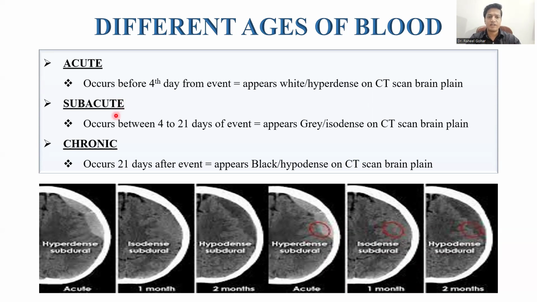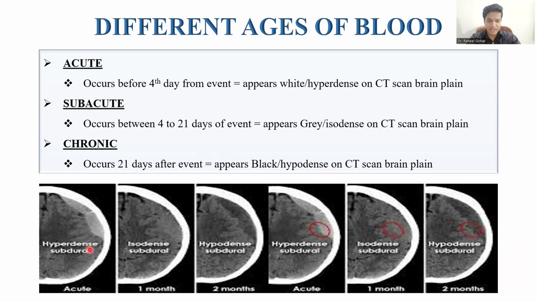as acute blood. After 4 days and up to the 21 days, usually the blood appears as isodense to the brain parenchyma, and it is known as the subacute blood. It means it will appear as grey on the CT scan brain plain. And finally, after the 21 days, it will appear as black and is also known as hypodensity on CT scan brain